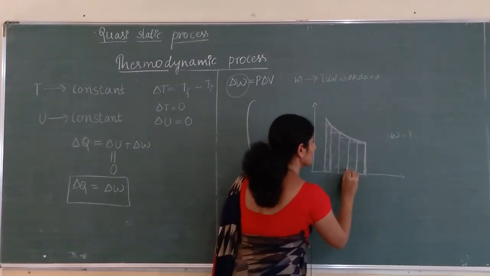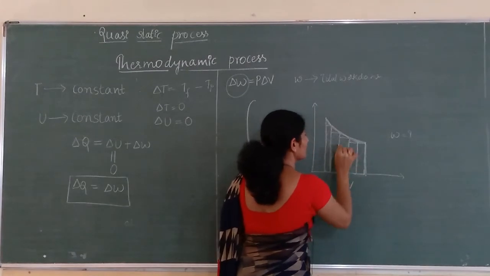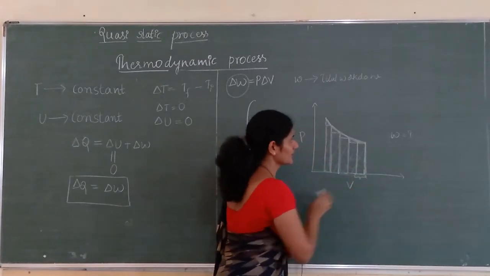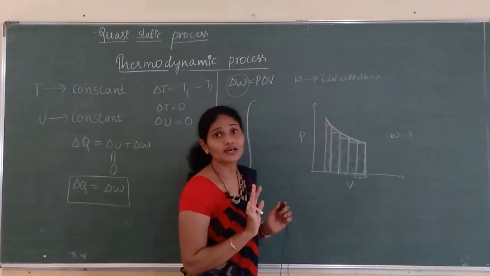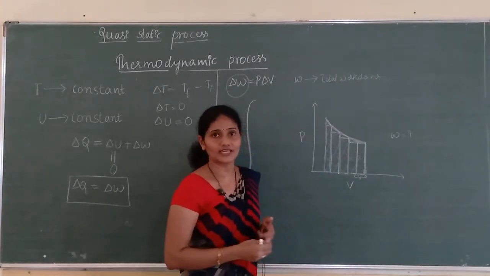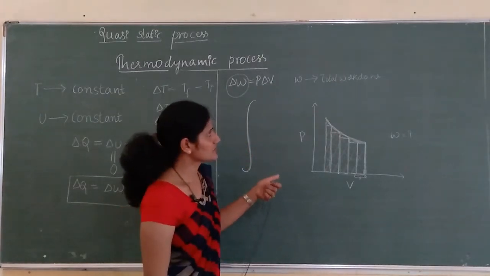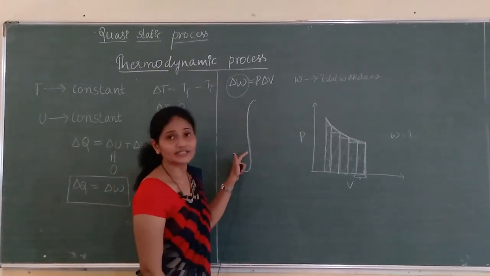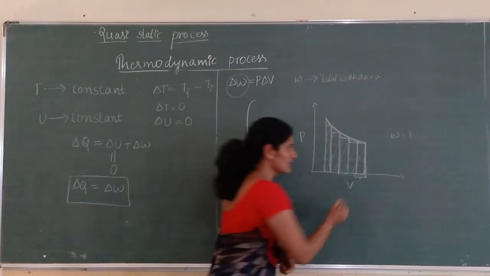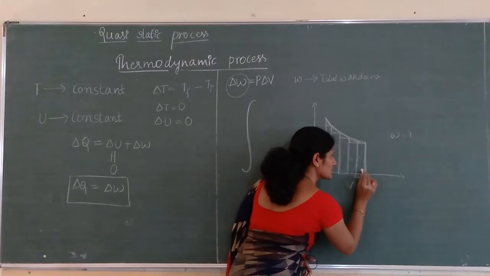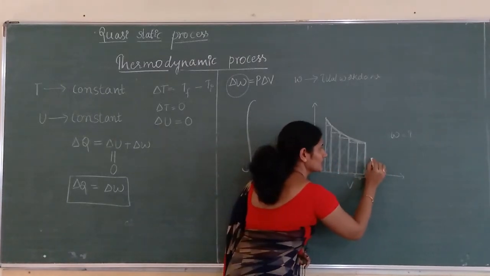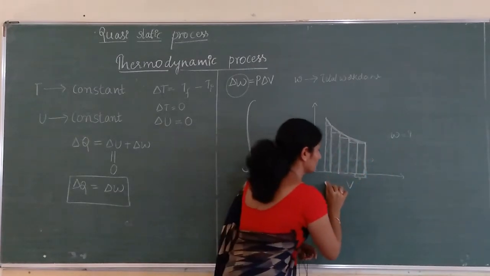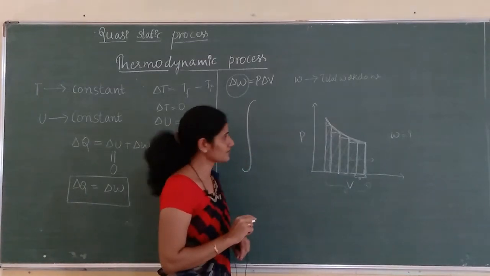So this is a rectangle. Here I will get a rectangle. So rectangle, rectangle. Area of all the rectangles, they are not equal. If they are equal, then we can use the summation. Here, since they are not equal, we have to use the integration symbol. So this is integration. Here what we have to do is, we have to calculate the area of the first rectangle and then calculate the area of second rectangle and then third, fourth and fifth, and then you have to integrate all the areas.